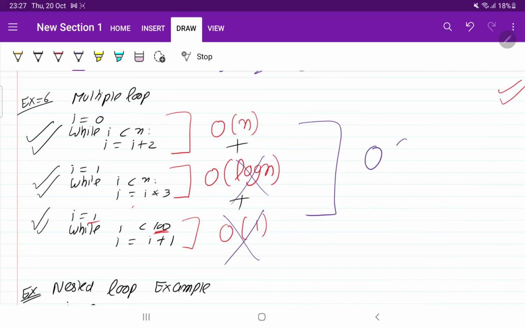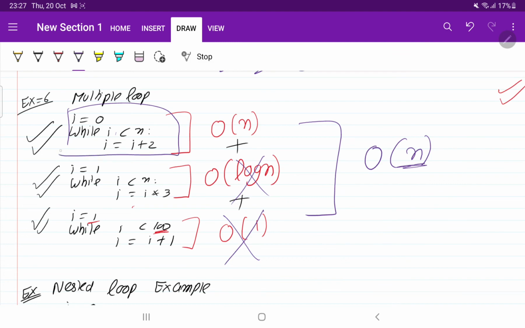So finally you can say that it is taking order of n, or theta of n time. It will give you some idea. So in the case of multiple loops, we try to find the time complexity by this, where the three things were different.